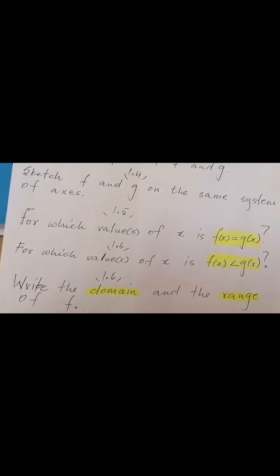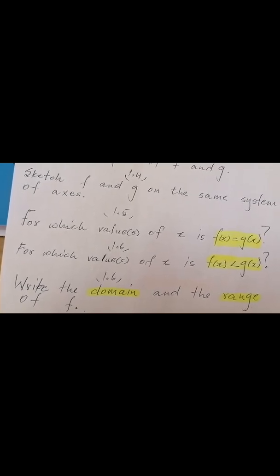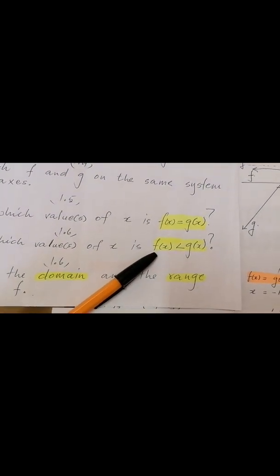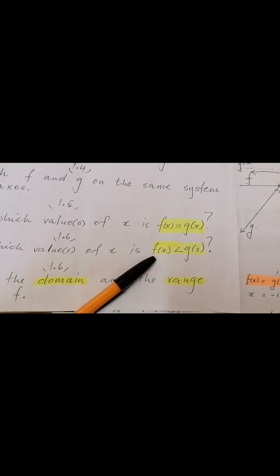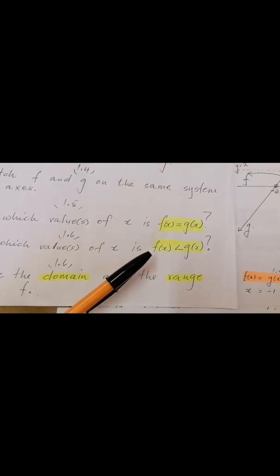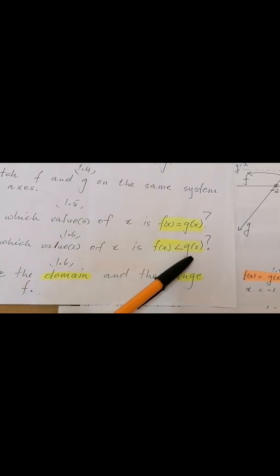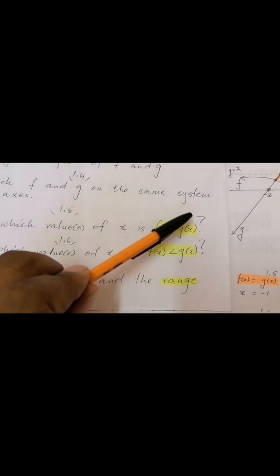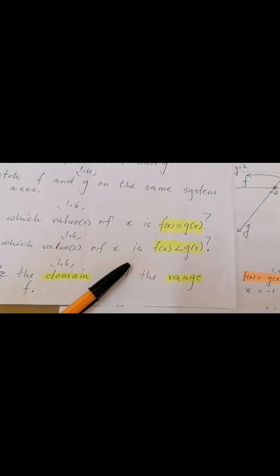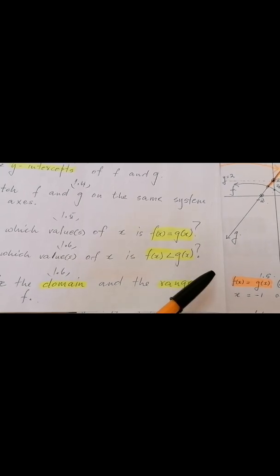For which values of x is f of x less than g of x? Now, you see that mathematics there can be beautifully interpreted mechanically. To me, mechanically, it says, for which values of x will f be below g? Meaning that g must always be on top and f must be below. Now, this question, I want to close it by saying, if x is less than 3,